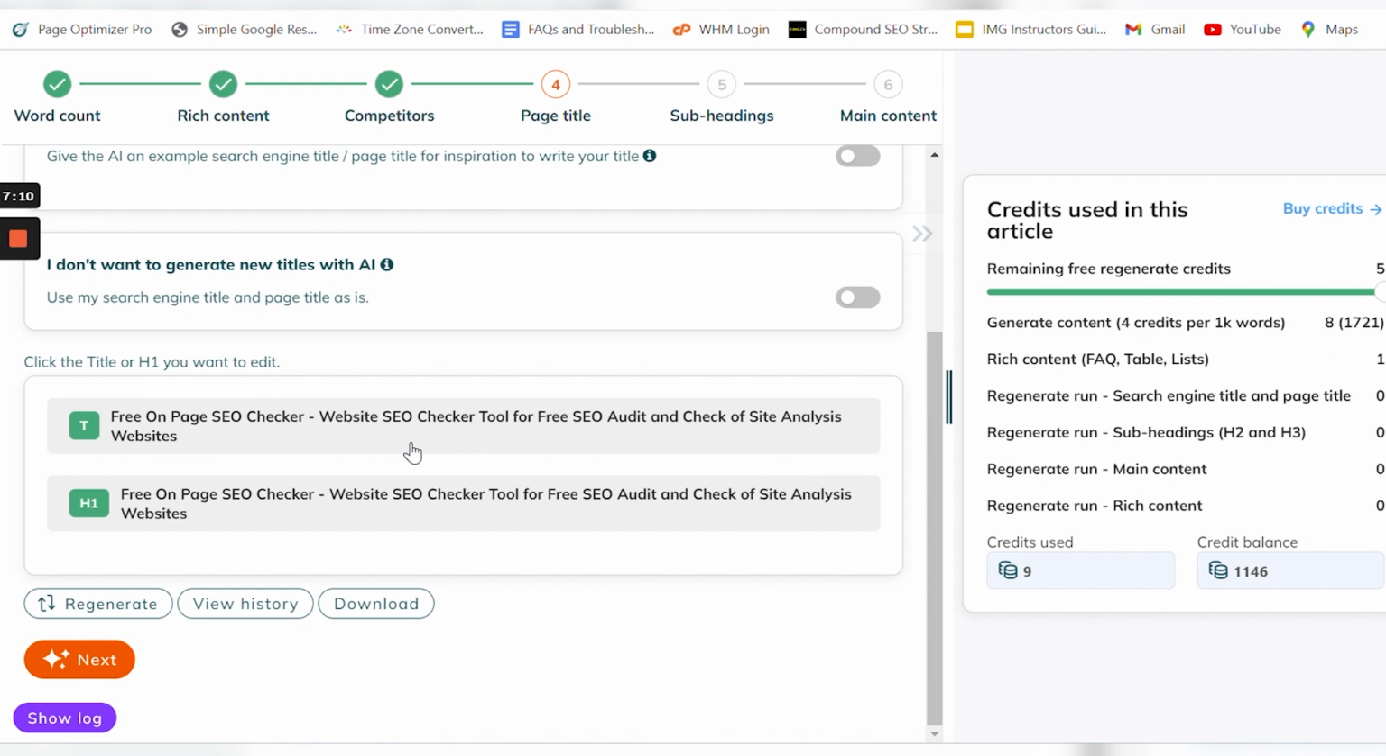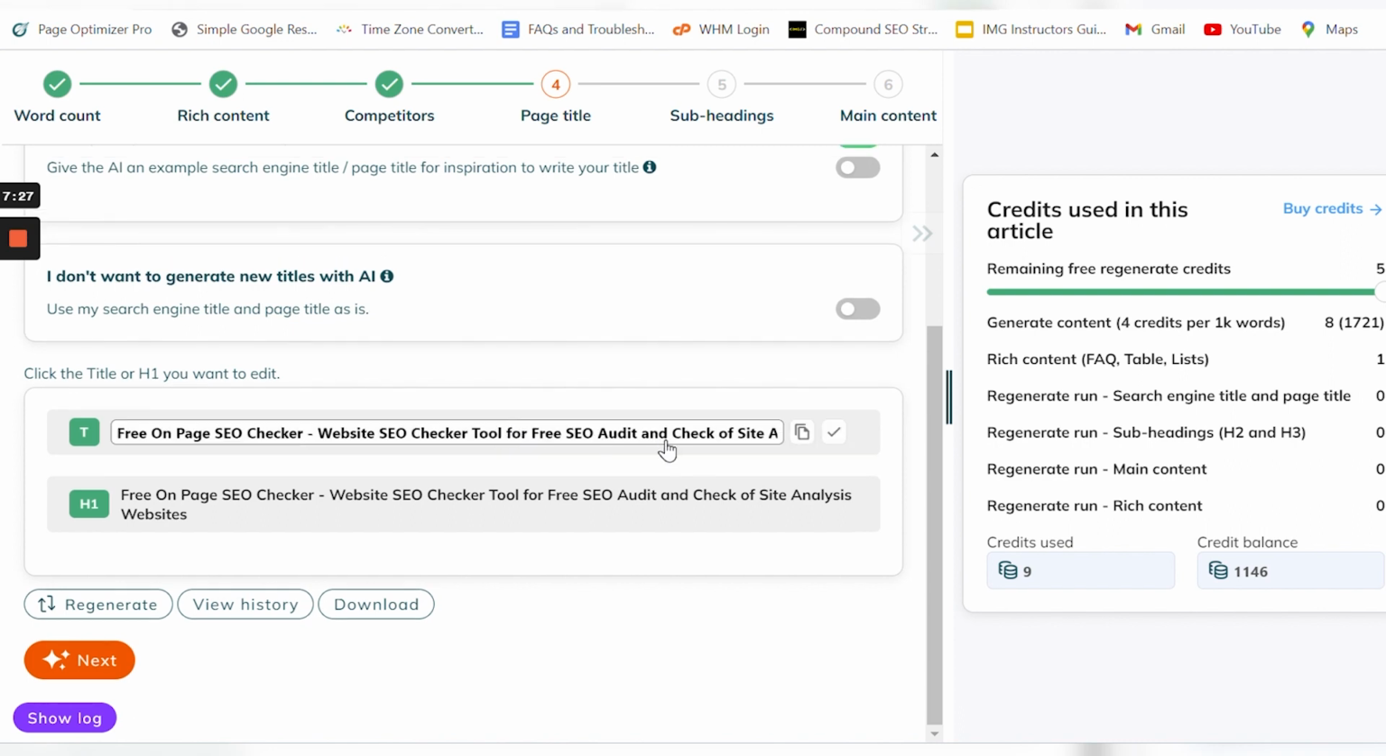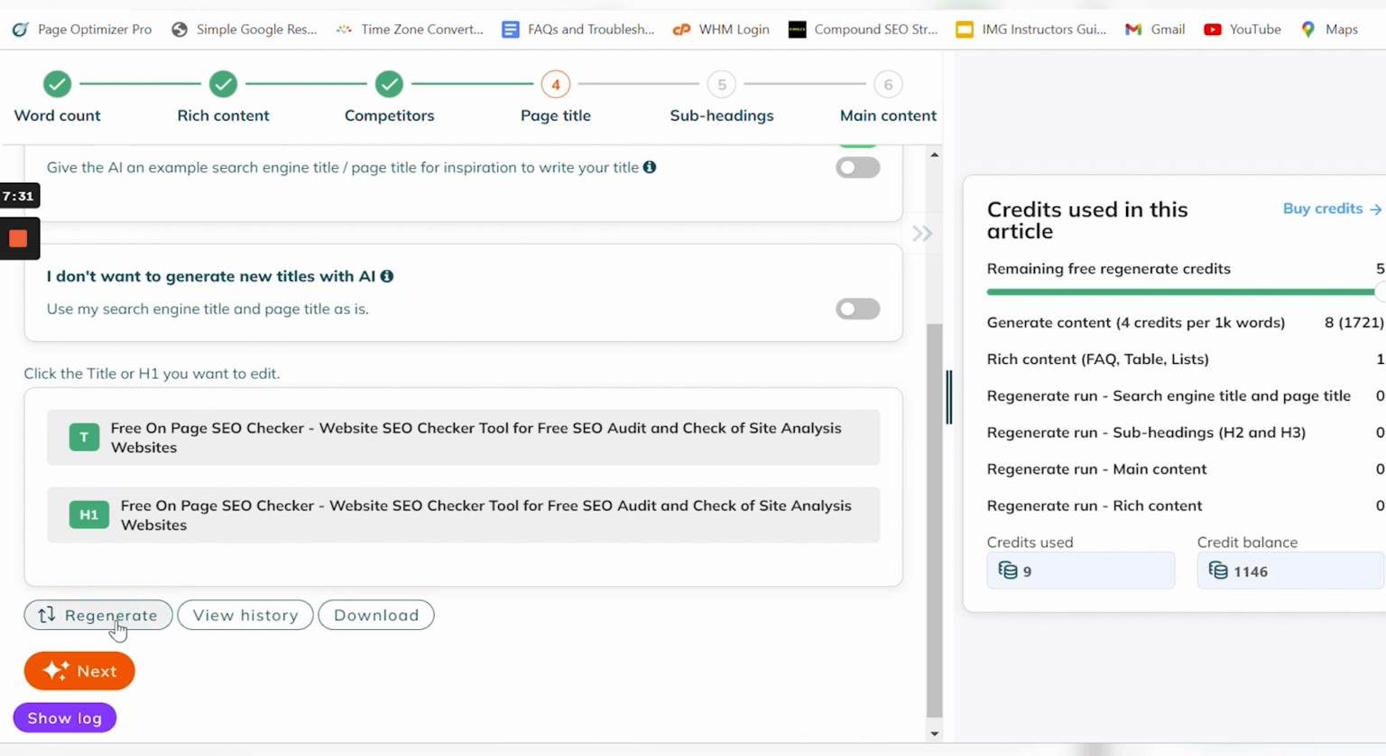All right, so here we are with the titles that the AI has come up with. It's put free on-page SEO checker, website SEO checker tool for free SEO audit and check of site analysis websites. So that's just all right. There are a couple things you can do here. You can click in and edit, which is super easy, and go ahead and just edit what you edit, and then click and you're done, good to go. You can also ask it to regenerate. You can try again. So I'm not really interested in an SEO audit, so I'm going to click